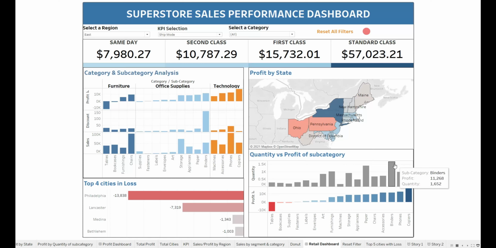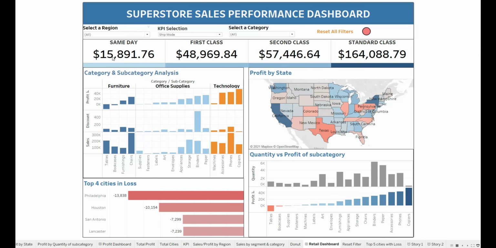Whereas you can see for binders, the quantity is the highest, and also there is a good amount of profit. So in binders, we can also see the discount is very high. So we can actually reduce the discount a little bit to get a little bit more profit for binders. Now this is for the East region. Let us move to the